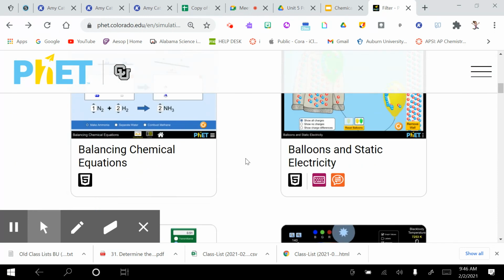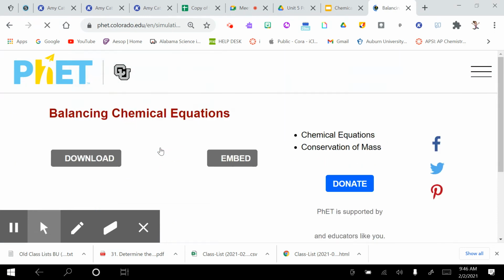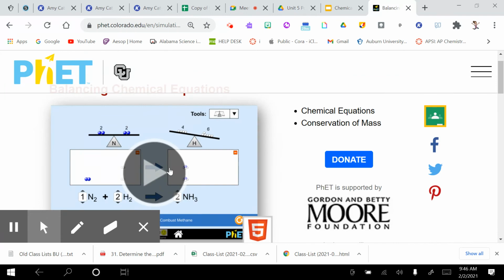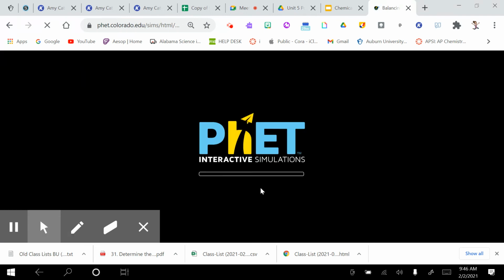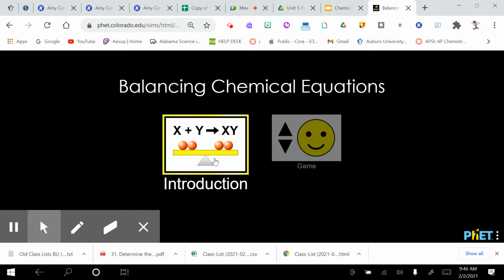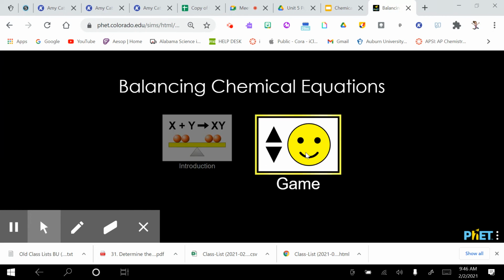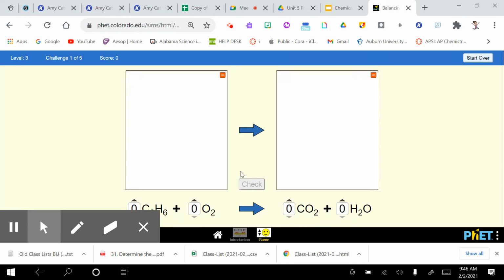We have walked through the introduction, and now they are playing the game. And you will just balance these equations. You have to tell the computer to start with one of each, and then you will wind up having to